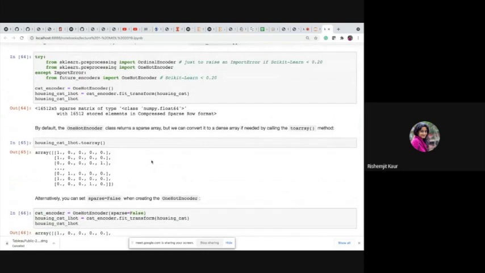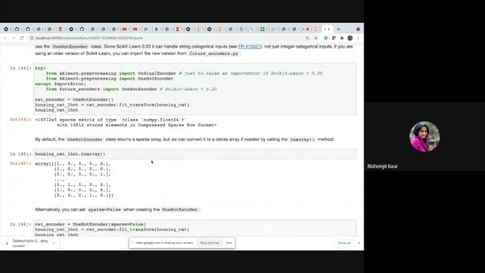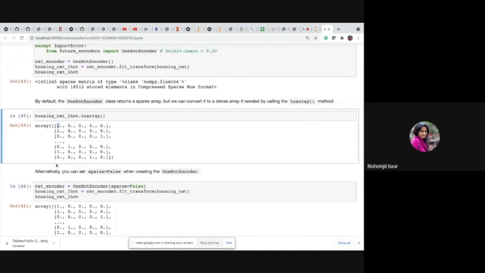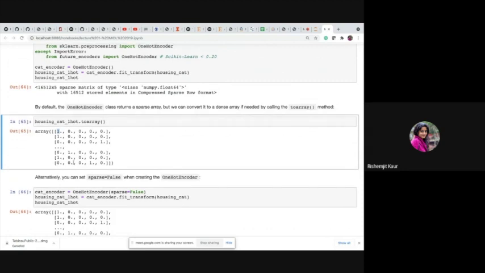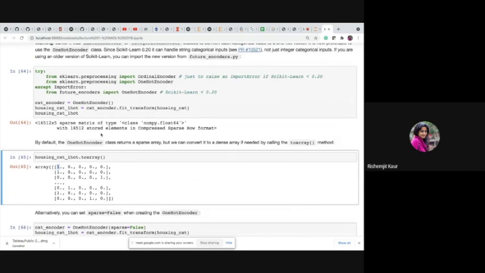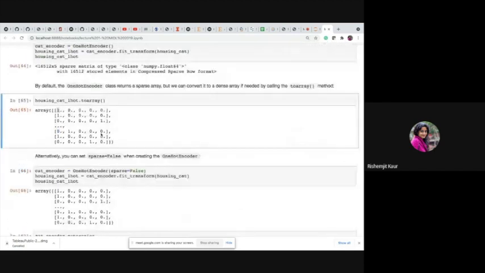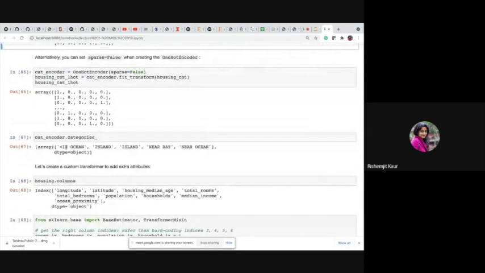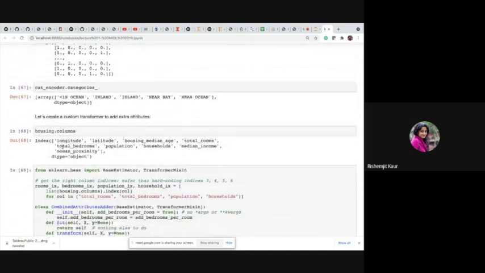Yeah. So this is here, as I was talking about the encoding part, this is where we have encoded it into the one hot encoding. As you can see that it has one where that value was, correspondingly had a value, and rest of the places we have put a 0. This was done with the ocean proximity variable in itself. So, for example,